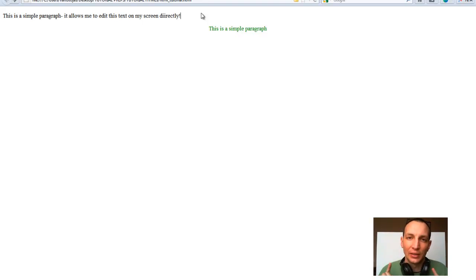Okay guys, so you can see quite a cool global attribute in HTML5 that allows us to let our user change the content on our website. Now guys, know that the content on our website can be editable, but it will be editable only for the time when the user visits the website. The original source of the content will not be affected if we let our user edit the content on the website at the given moment. So don't worry, it's not going to save that. It's just going to provide, well, a little bit more fun for the visitor of your website to be able to edit that